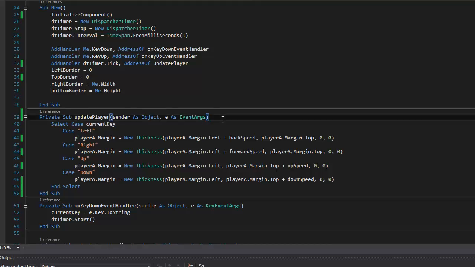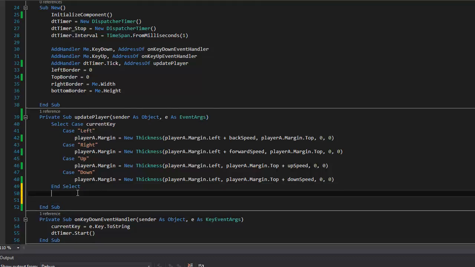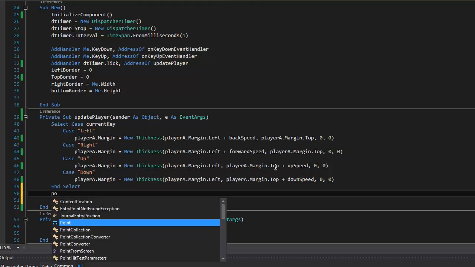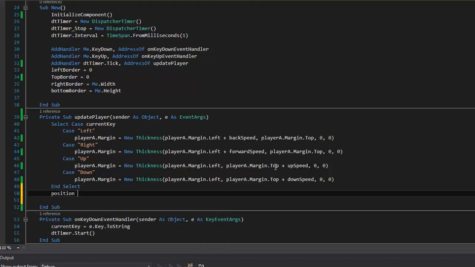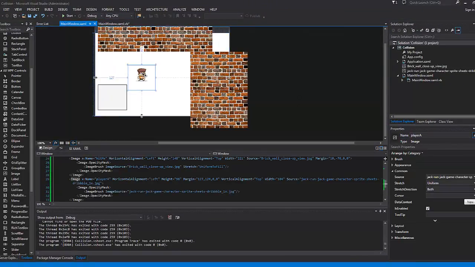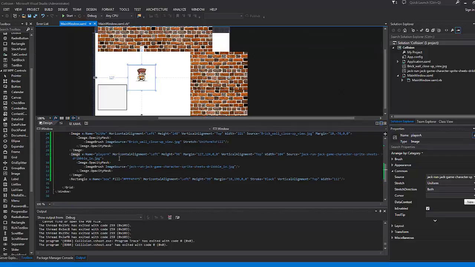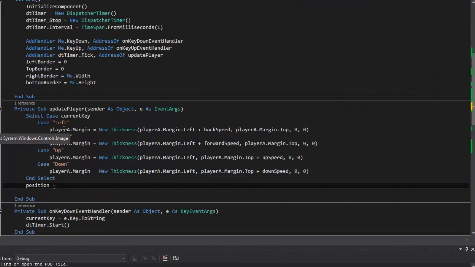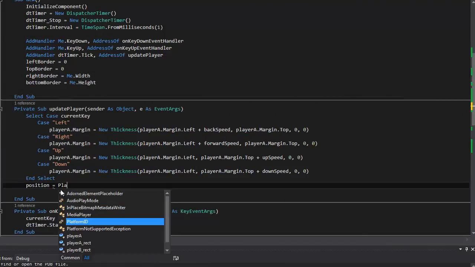What I want to be able to do first is at least determine, or test, where that character is. So without focusing on the box so much, let's print out the position. Position equals player, and that's his name. We call this over here. If we look over here, it's player. That's the name of this image right here. And if you look in the XAML, it's the exact same name, because this and the XAML, they all match. They're the same thing. So I'm going to go back here, and that's what I'm referring to when I say player. So I'm going to say player dot